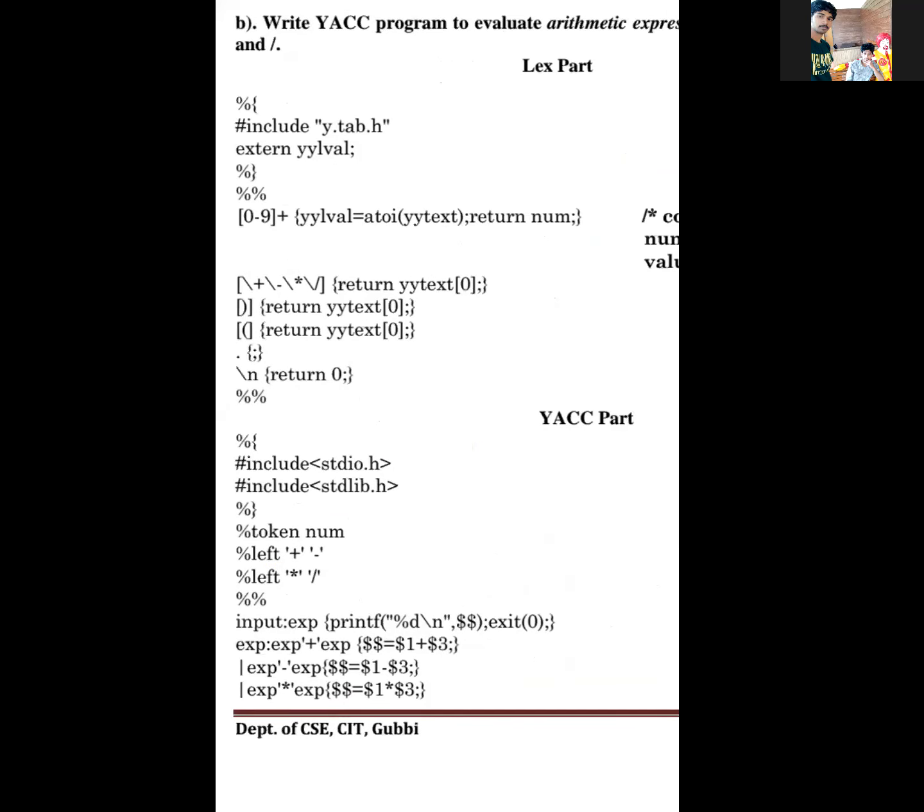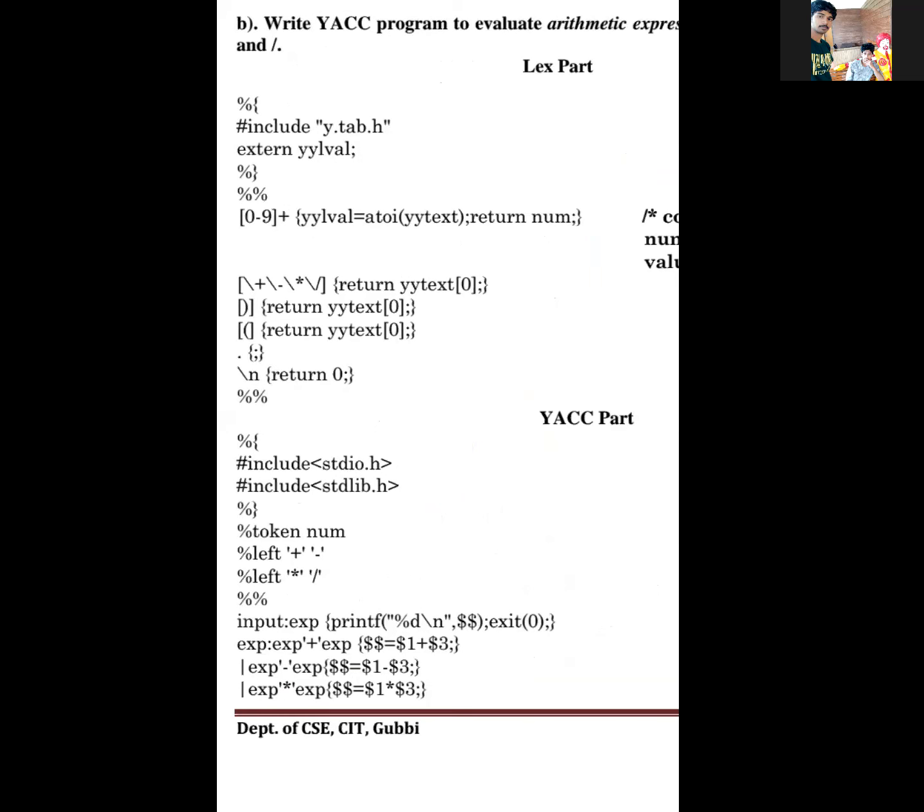Dollar in the sense we'll print the particular expression plus expression. Therefore, every time we have a particular LL value, whatever we have written as the LL value, that is to be mentioned in dollar. That means the result is to be shown in the dollar. If your expression consists of plus, then $1 plus $3 is put at the left hand side value in the dollar. Again dollar equals $1 minus $3. That will be nothing but expression minus expression, star, plus, multiplication. Everything is stored, and the answer to be in the dollar is there in the extern YYL value.